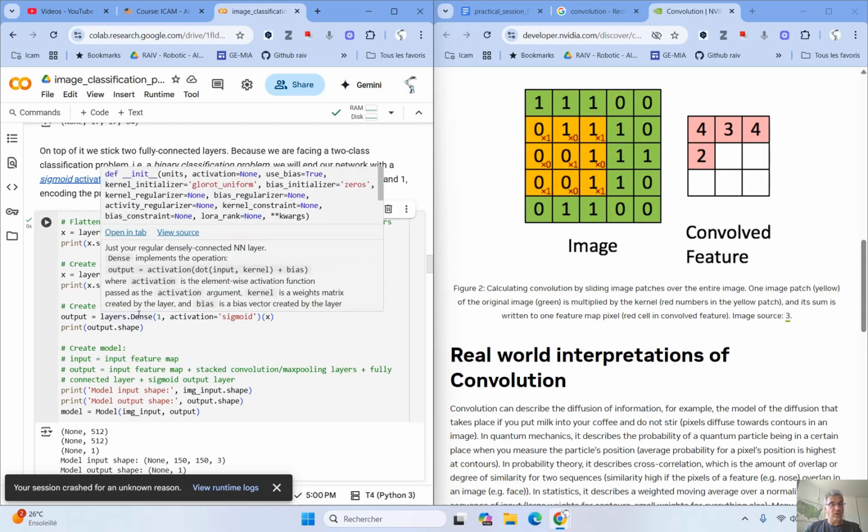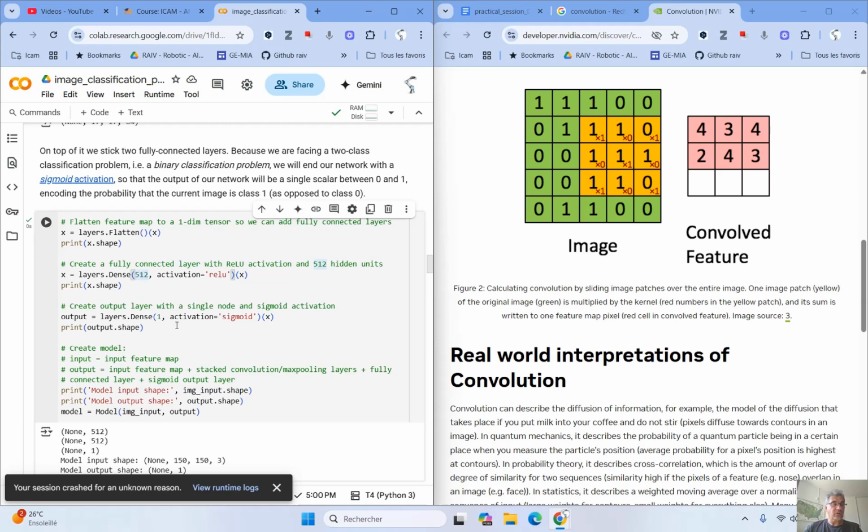Then the next layer is another dense, so it's fully connected. And here we only have one output because we just want to predict between 2 classes, dog or cat, so 1 or 0.